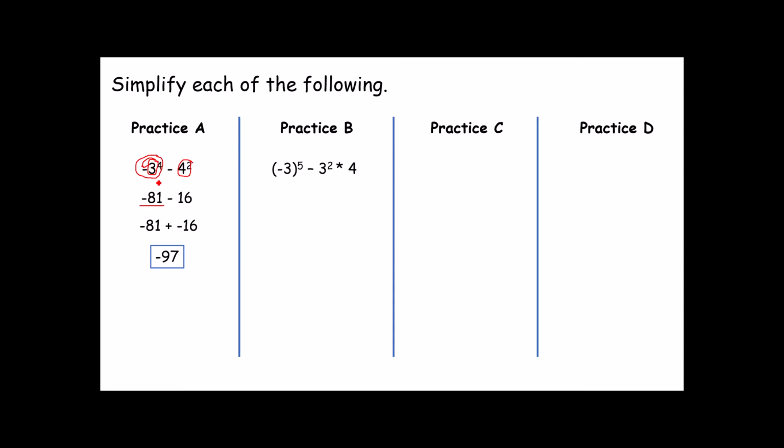Here's a second one. Again, I recommend pausing this and trying it on your own. I'm going to keep right on going. I see negative 3 to the 5th. Because there are 5 negative signs in this problem, I know I'm going to get a negative answer. This is negative 243. Notice I now have 3 squared is also 9. Using order of operations, I've got to do the multiplication next, and then I'll subtract that, giving me